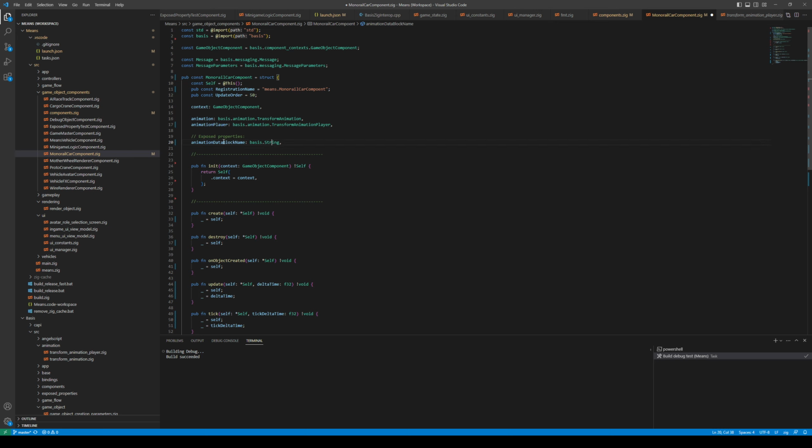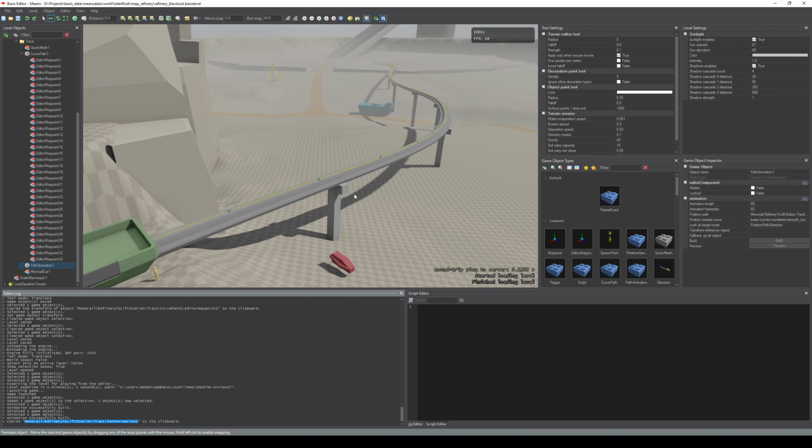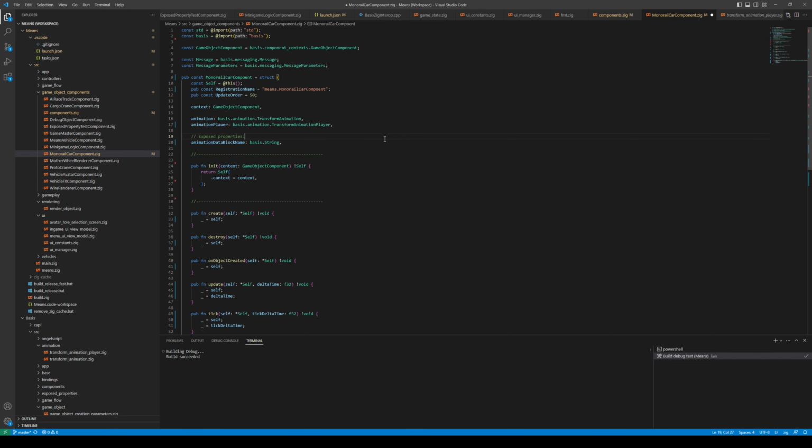after this comment. An exposed property, I mentioned this before, but just as a reminder, is something that appears here in the game object inspector. So kind of like how public variables in Unity appear as adjustable and serialized data here. That's basically the idea behind exposed properties in Basis, but you need to do a little bit more work to actually get them to show up,